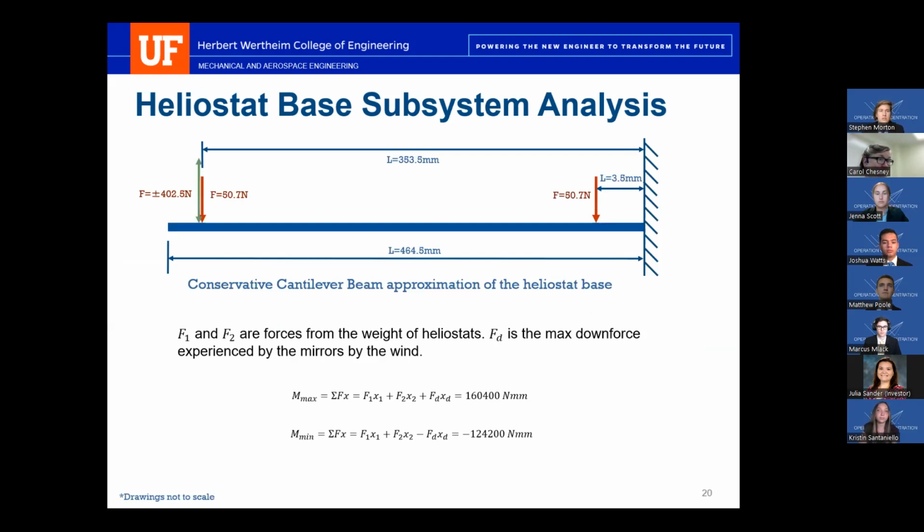Okay, so the first Heliostat base subsystem analysis needed to be done so that we knew that there wasn't going to be failure, especially because there's cyclic loading caused by the wind forces. And the wind forces were calculated for the mirror subsystem. The original plan did not have 15 millimeter curved up edges, and it resulted in failure from wind loads. So it was recalculated with a new